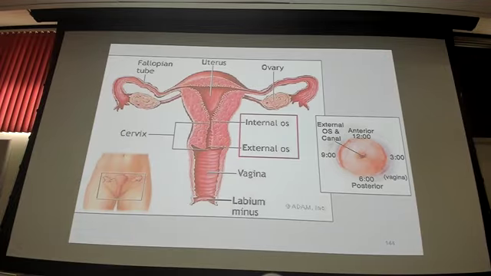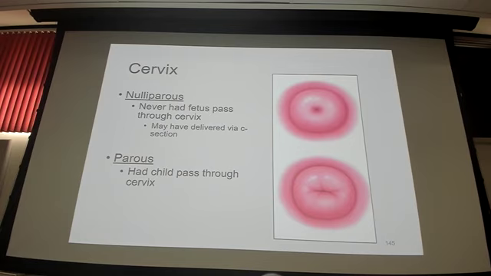But if you're looking at here, external, again, what we're seeing on a speculum exam, and then cervical canal, and then the internal os, the opening into the uterine cavity, okay? And so this right here is what you should see if you successfully capture the cervix on a speculum exam. That's what you're looking at, okay? So what I'm saying you're seeing is the external cervical os. When you do see cervixes,